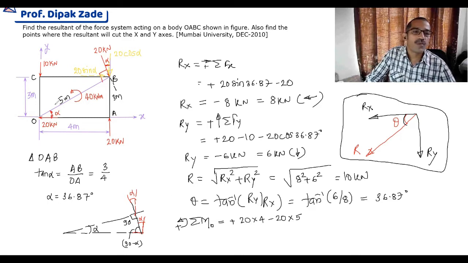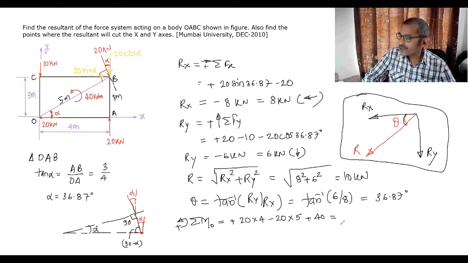Moment of 20. One couple is acting, 40 kilonewton meter anti-clockwise. That means this one is 40, and anti-clockwise means we write it with plus sign. Summation of moment about this point comes out to be 20 kilonewton meter, and what will be its direction? This one is a positive answer, that means the moment we get is anti-clockwise.